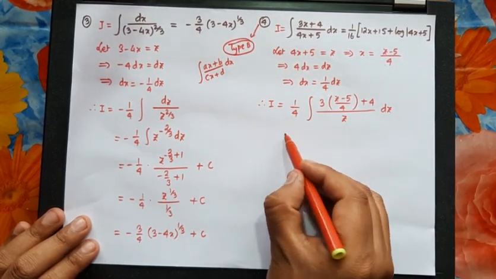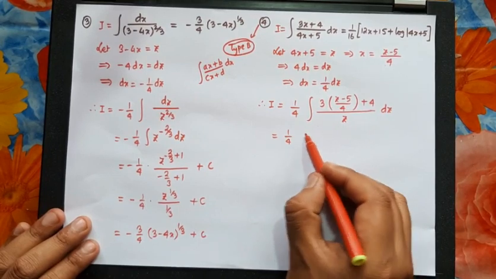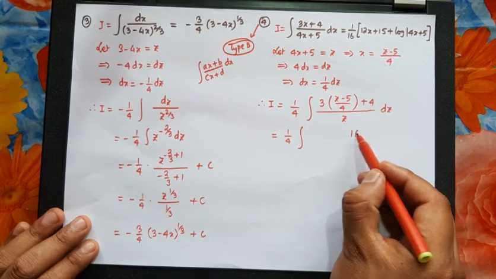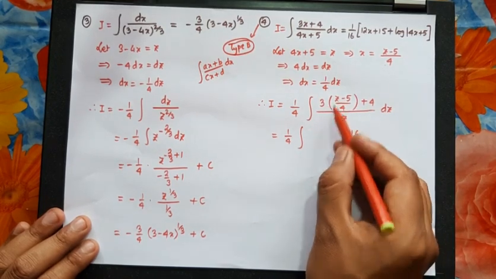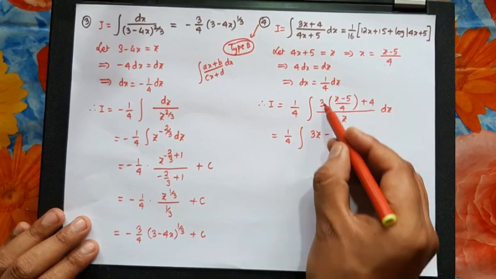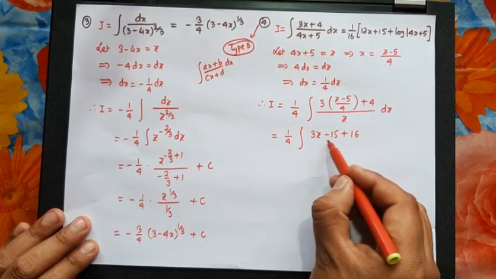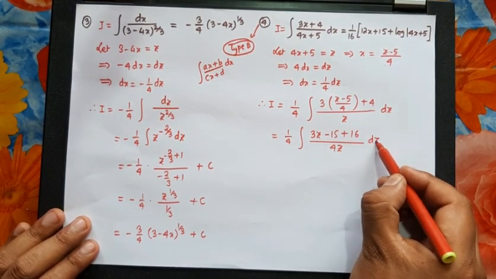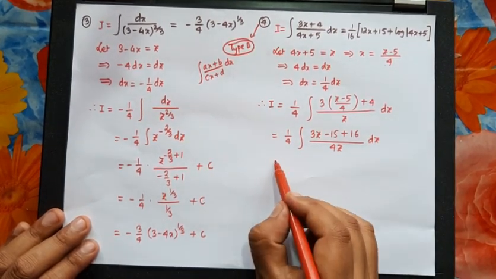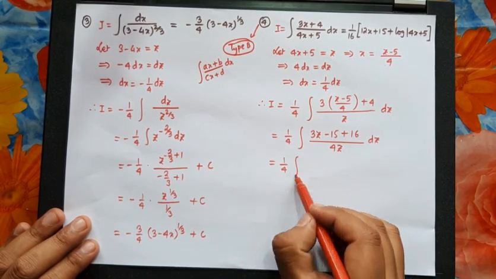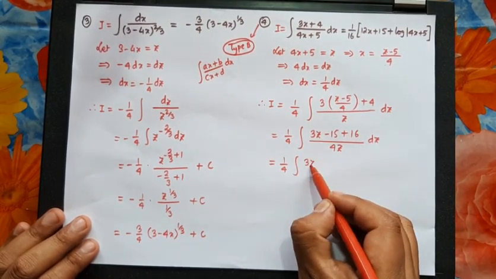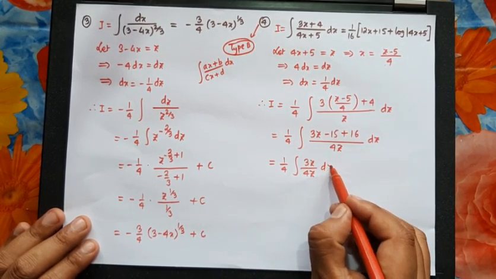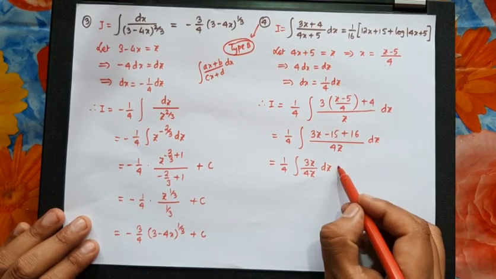Simplify this, we have 1 by 4. After simplifying, 4 into 4 is 16, right? Plus 3z minus 3 into 15, right? Divided by 4 and z together, so that is 4z dz. Is that clear? So we have 1 by 4, 3z by 4z. I am separating the integral dz. And 16 minus 15 is 1, so we have 1 by